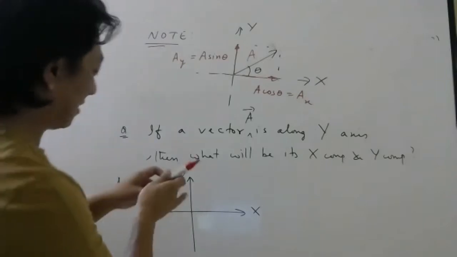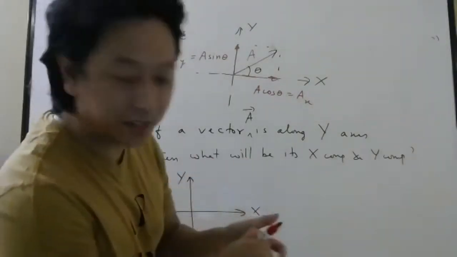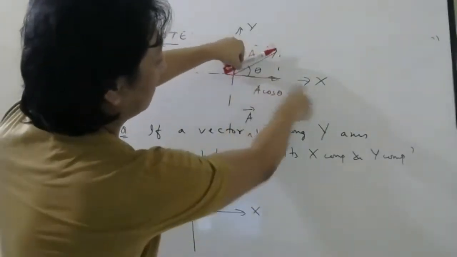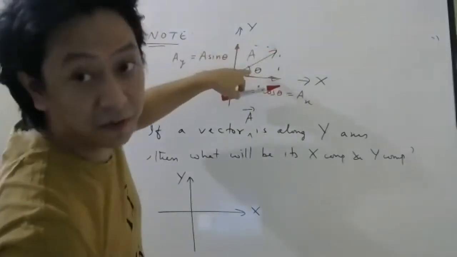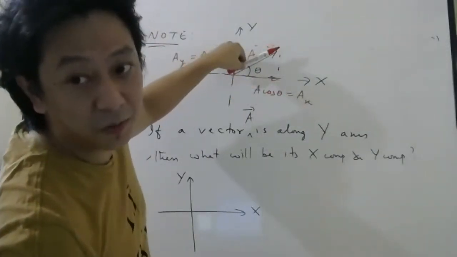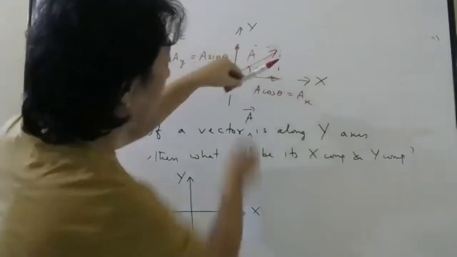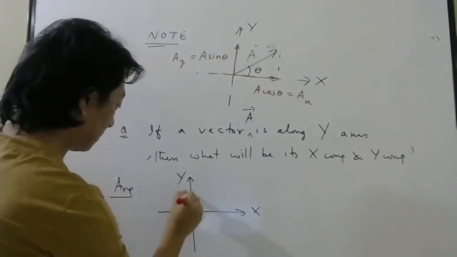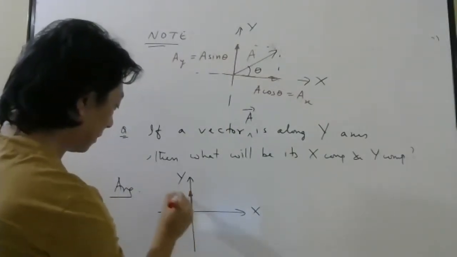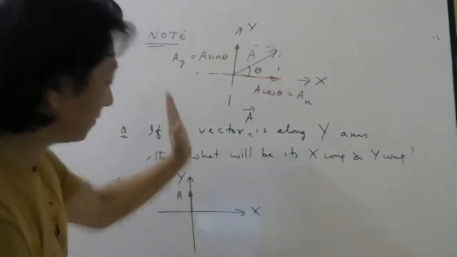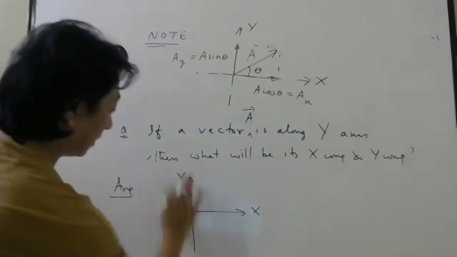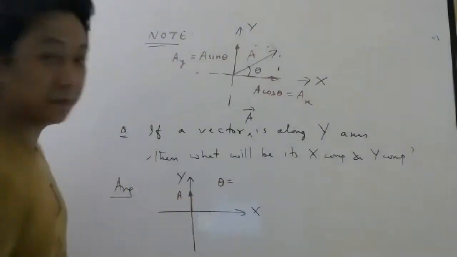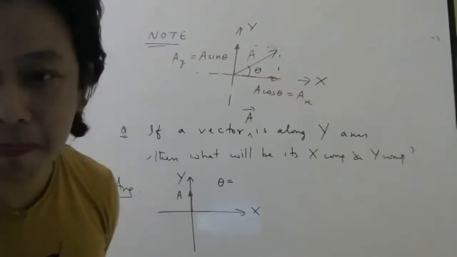Okay, look here. Everyone, look here. I will answer it. What is this theta? Angle made by vector with which axis? This theta which I have written is angle made by vector with which axis? X-axis, right? Now suppose I keep this vector along y-axis. So if my vector is here itself, then what is my theta? 90 degree.